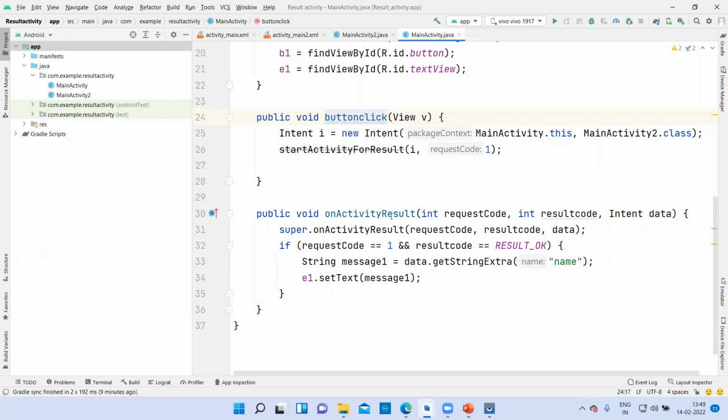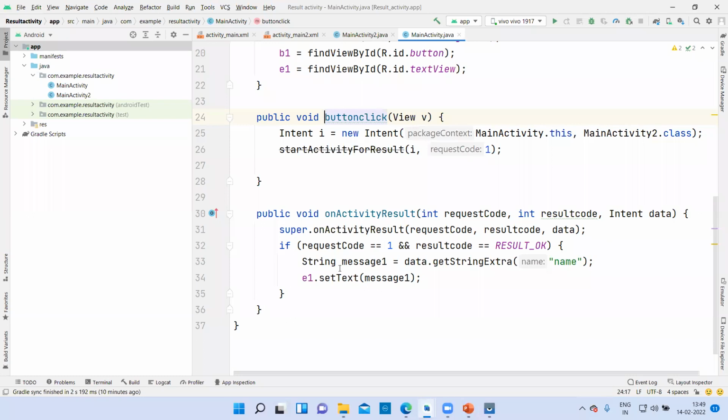Now, when this activity receives the data from activity 2, what happens? Public void onActivityResult means when the result is being sent by activity 2 to activity 1, it will check for the request code, result code, and data which was sent by activity 2. You will override this method using the request code, result code, and data. Since you have passed request code 1 here, it will check if request code is equal to 1 and result code is equal to RESULT_OK.